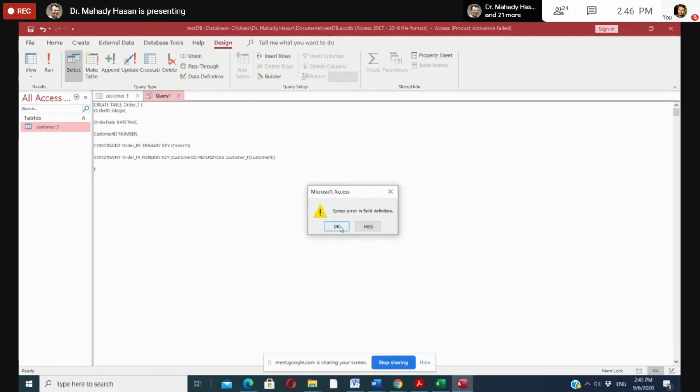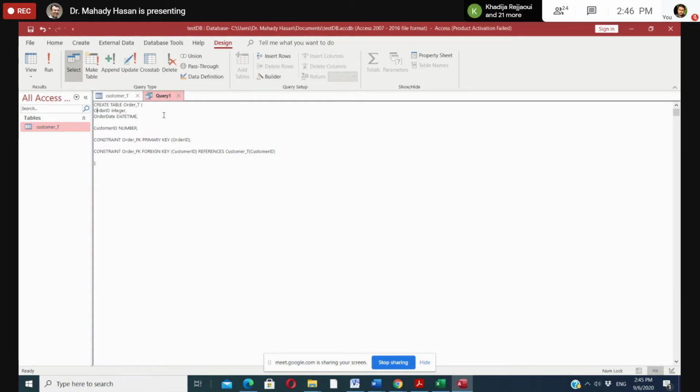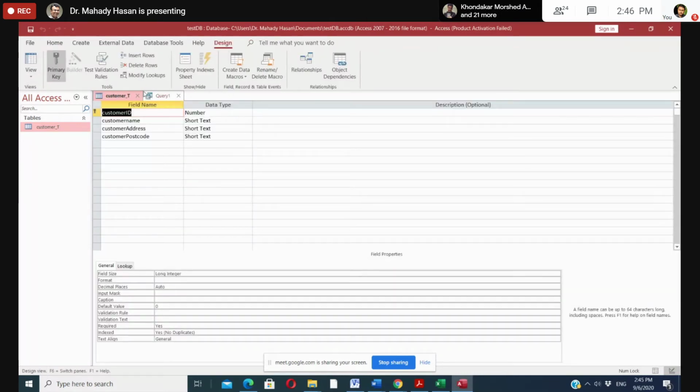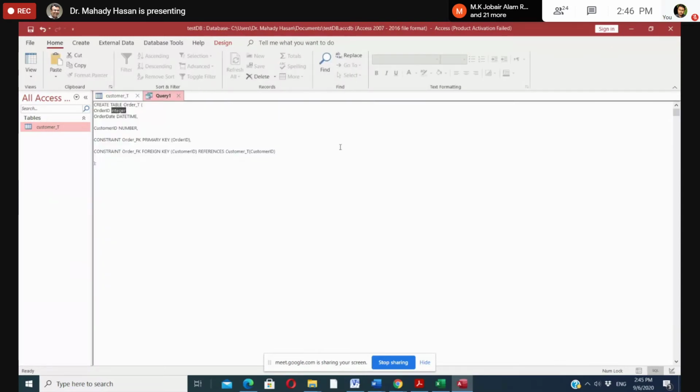Syntax error in the field definition order ID. What type of data it was? Number. So they accept numbers. So why it is not allowing me to enter the number? Number.